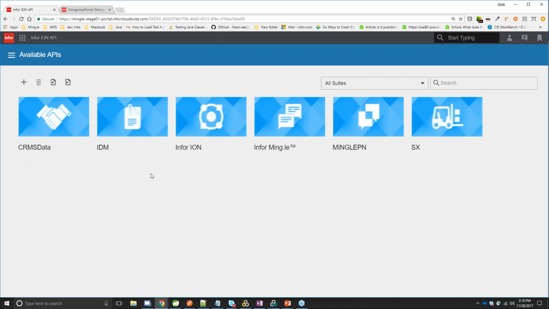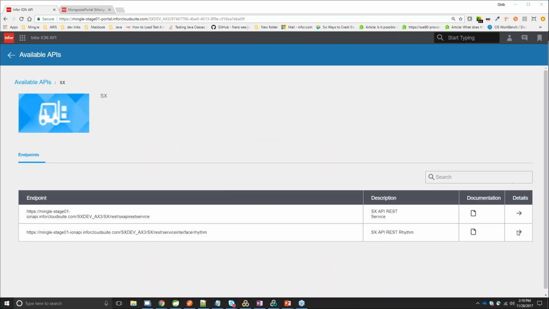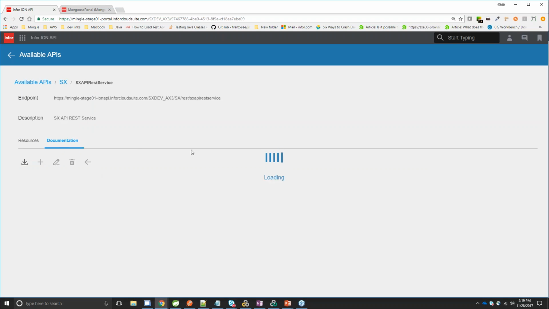However, we do have other API endpoints: Infor Document Management, Infor ION, Infor Mingle, and all of these would be available on-prem also. So what I'm talking through here, there's not going to be a difference between on-prem or Cloud Suite Distribution. If I drill into SX and go into the details, I can see documentation that will show me all